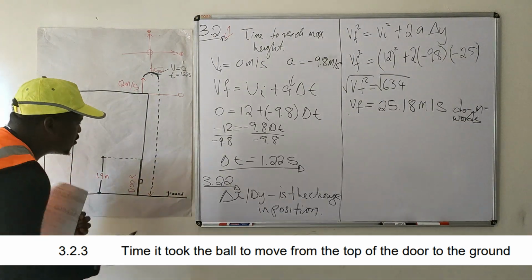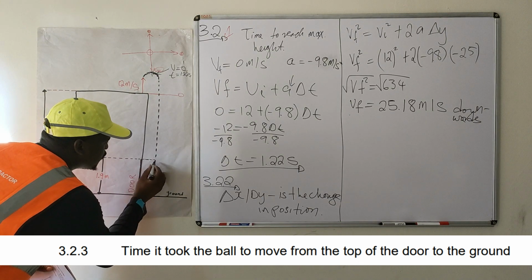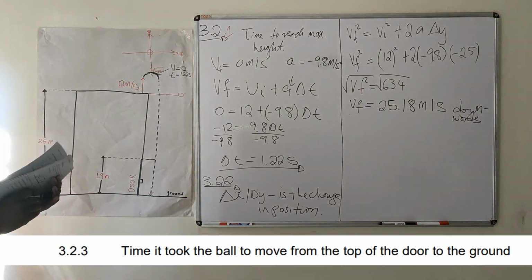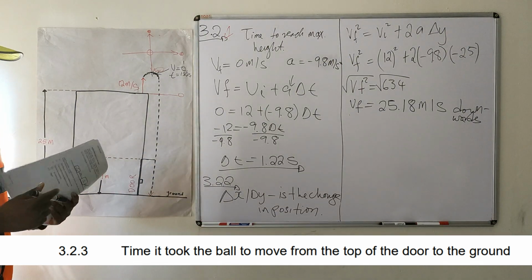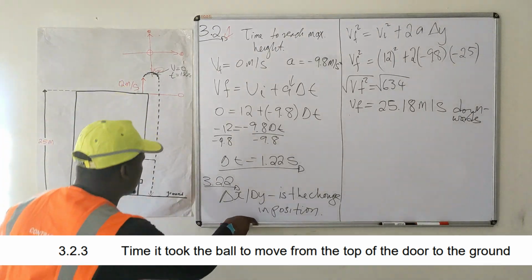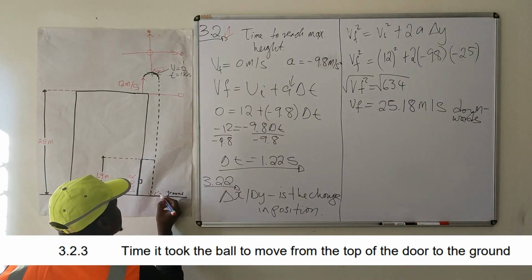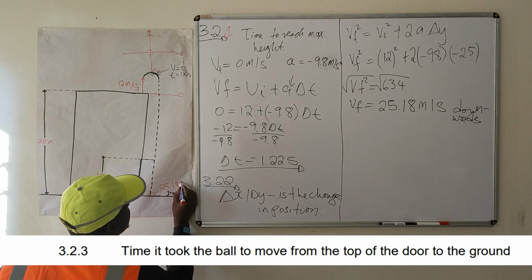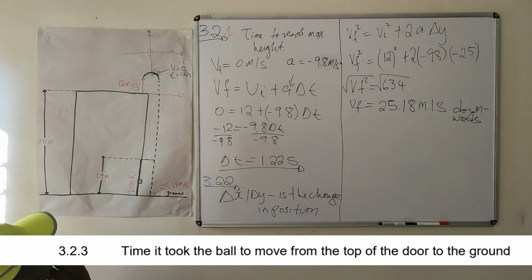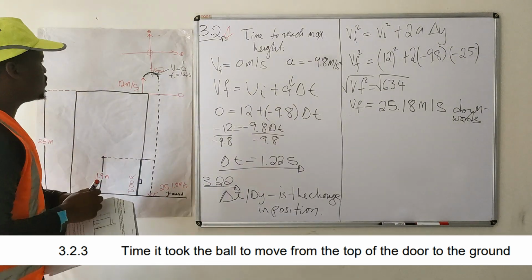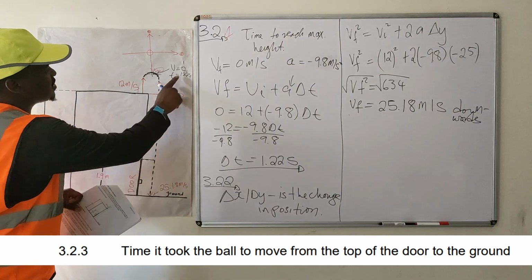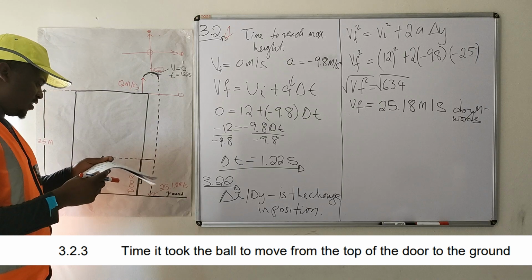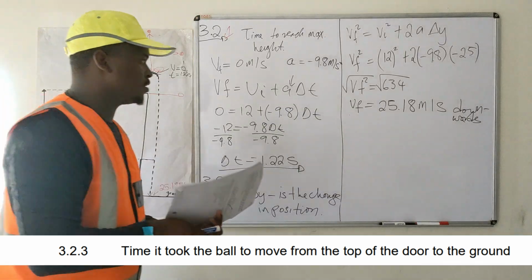How much time did it take for the ball to move from this 1.9 meters to down there? How do you do this? Okay, let's enter this information here. Our ball reached here at 25.18 meters per second. This was our final velocity at which the ball hit the ground, and that was our initial, and that was the time it took to reach the maximum height. I'm going to clean the board because I think I'll need more space for this one. Let's clean the board. Then we'll do